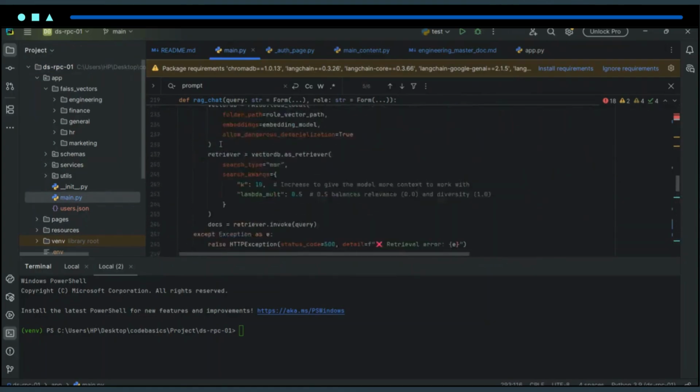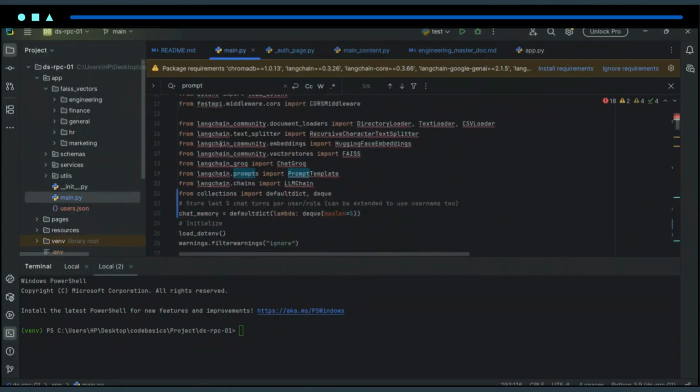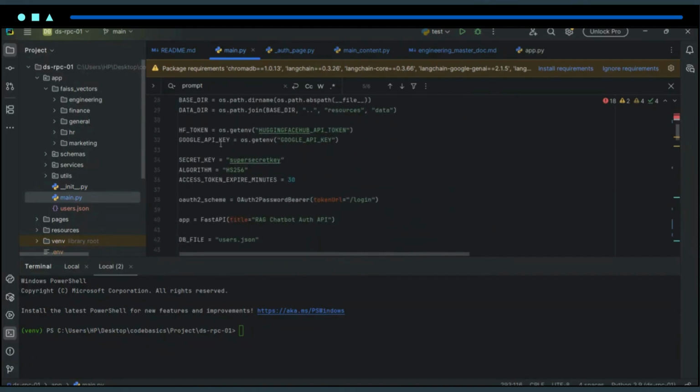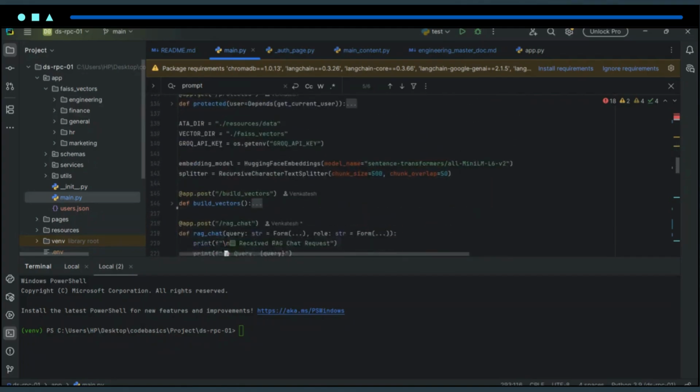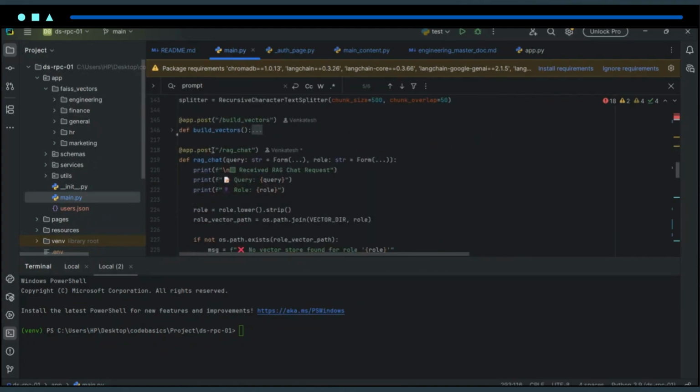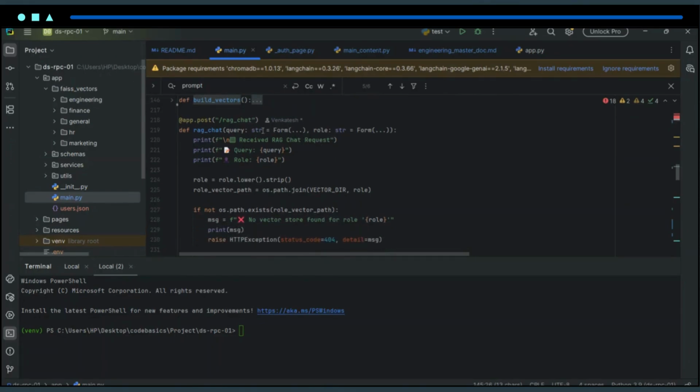The main.py file is our FastAPI Python file where we have written our login, register, logout, build vectors, and RAG chat APIs, where the build vectors API is used to convert all our resources into vectors based on their roles. Then RAG chat is our RAG flow, where whenever the user